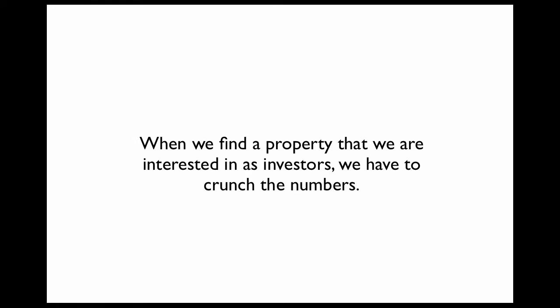Now, one of the things we have to remember is that when we find a property that we are interested in as investors, we have to crunch the numbers. It's very different from whenever you're purchasing a property for you to live in. When you're purchasing a property to live in, there's an emotional aspect that comes into play when we're looking at the aesthetics of a property and do we feel a connection to a property, so on and so forth. When we're looking at property as investors, we have got to leave emotion out, and it's got to be